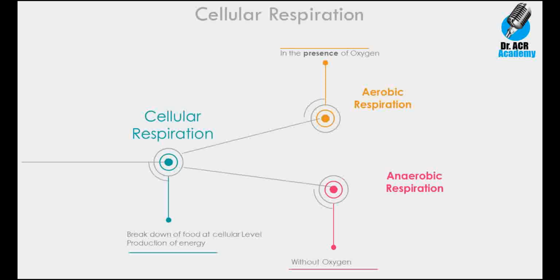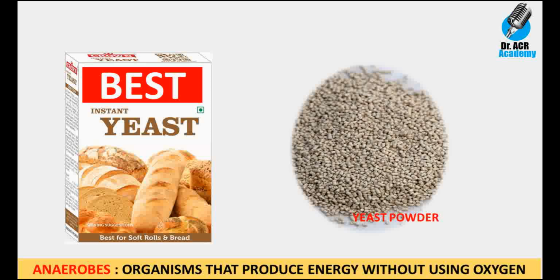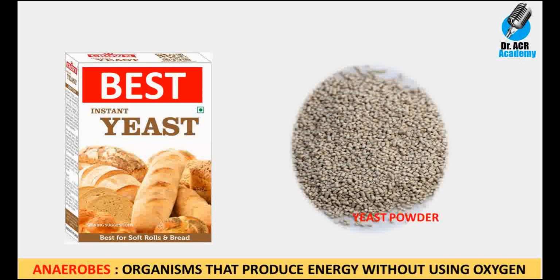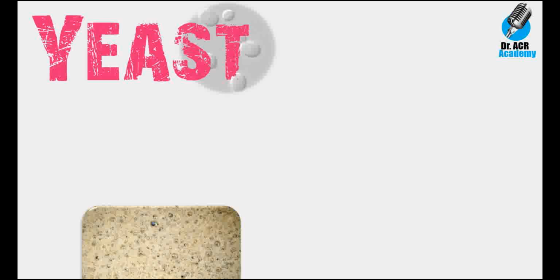Unicellular yeast produces its energy through anaerobic respiration, and such organisms that produce energy without using oxygen are called anaerobes. Yeast breaks down glucose into alcohol and carbon dioxide in the absence of oxygen, and this can be represented as